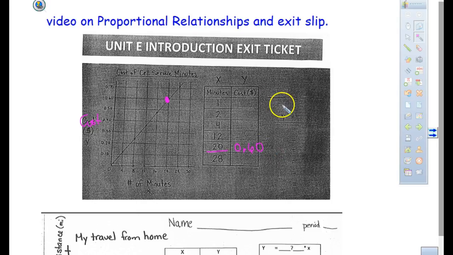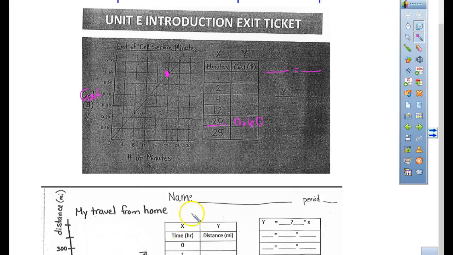Now, what you're going to do up here, and this is going to be the same on the other side, okay? When you go to do the other side, this side over here, you're going to do it in the same way, okay? We want to put 60 cents, so put 0.6 with your dollar sign, divided by 20 minutes. Okay, I get it. What is 0.6 divided by 20? How much is it on my unit rate? 0.03, right? Does that make sense to everyone? 60 cents divided by 20, this is going to be a unit rate